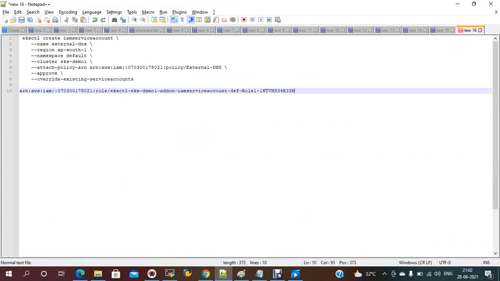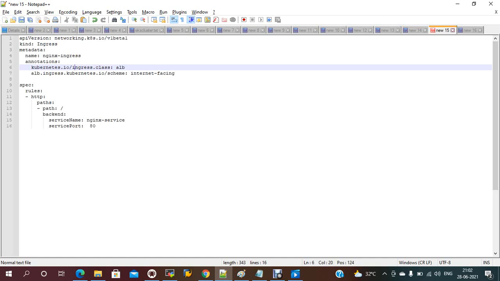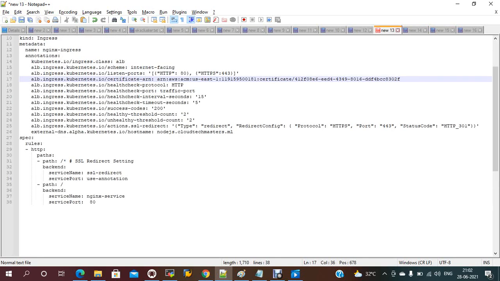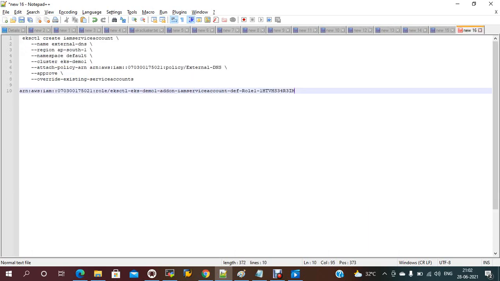This is the name, and under the ingress file, this ARN is there, right? AWS test one. You just need to provide this certificate ARN. Not this one.